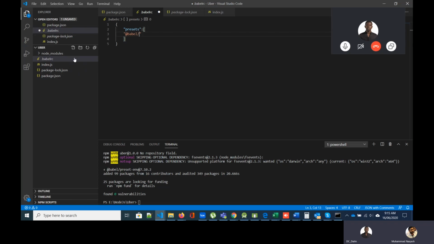Then preset hyphen env, P-R-E-S-E-T, E-N-V. Okay, we can save that. Now, when we go to our terminal and start the server again with npm start,